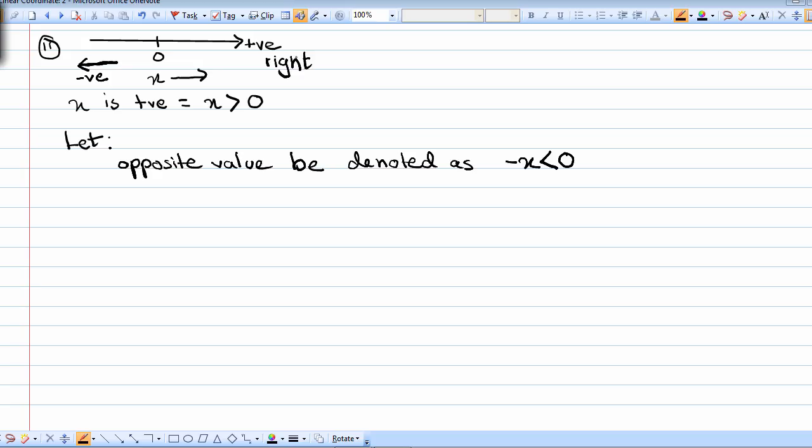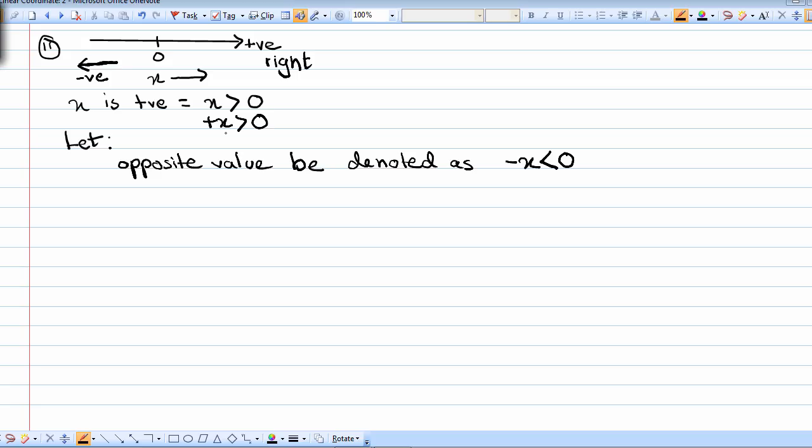So inherently and naturally the left hand side, the opposite facing side, will be considered the negative side. So if we consider this positive x is greater than 0,